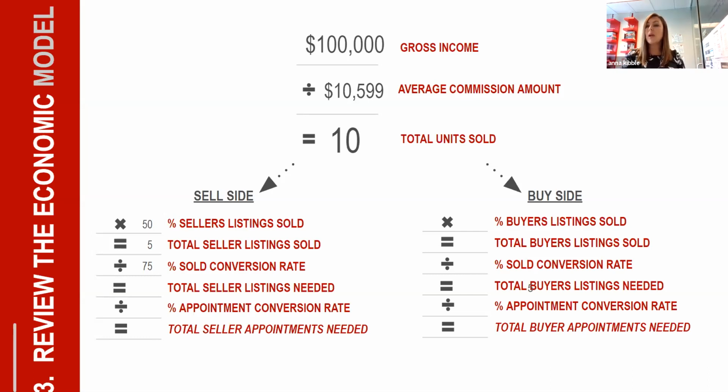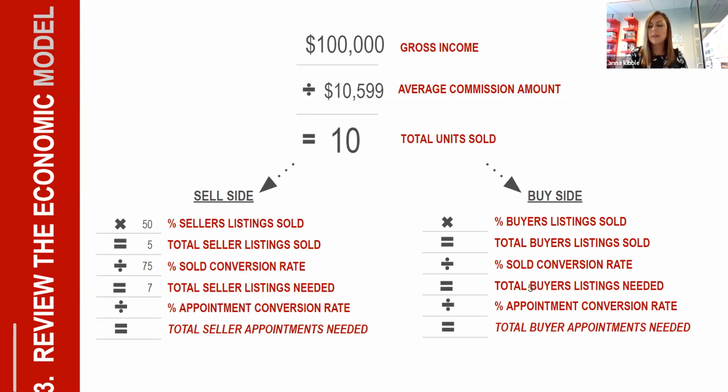Worst case scenario, you end up doing more business and making more money this year, right? So what does that mean? That means that if 75% of those signs we put in the ground are going to sell, then we actually need to take 7 listings this year to be able to sell 5. Okay,